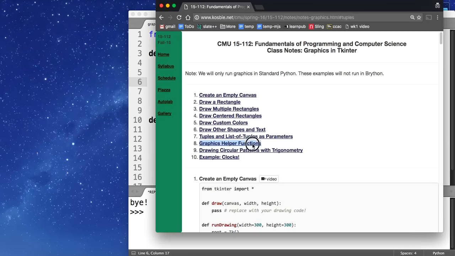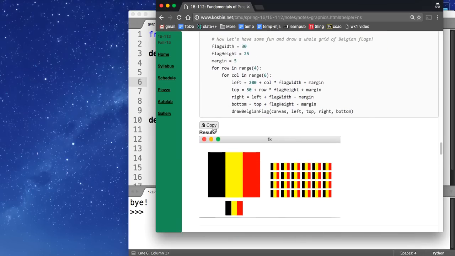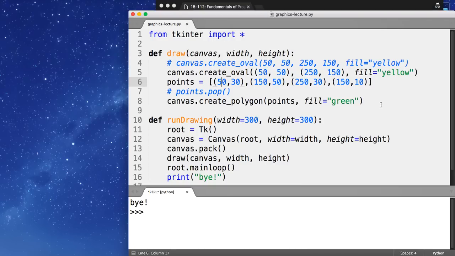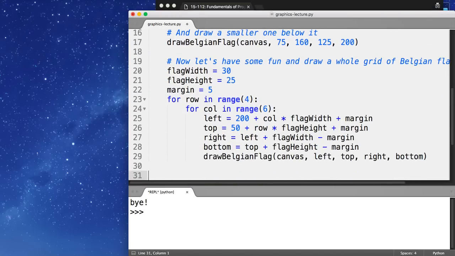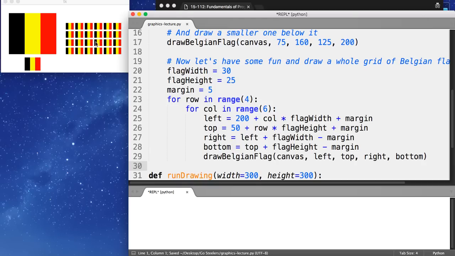Graphics helper functions. Here we are. This is a bigger example, which we'll copy and paste here. And then we'll go ahead and run this. And we see we got a whole bunch of Belgian flags. Great. So now we could have code to draw each of these Belgian flags, but because we're doing something over